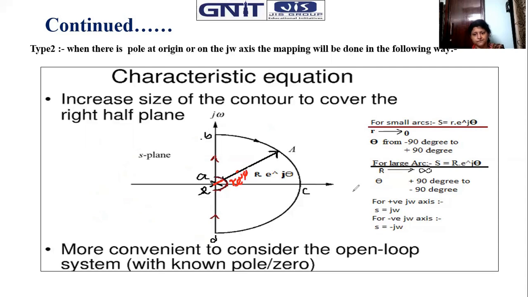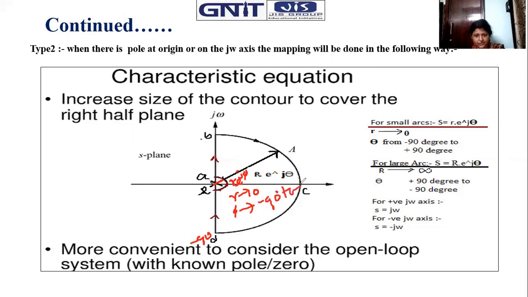So the pole-zero map is very much important. After getting the pole-zero map, we have the concept that this pole position should be avoided. So how to avoid it? We will avoid it this way, which will not hamper our Nyquist mapping process. So that's why we are considering this part. Okay. So here s will be equal to,